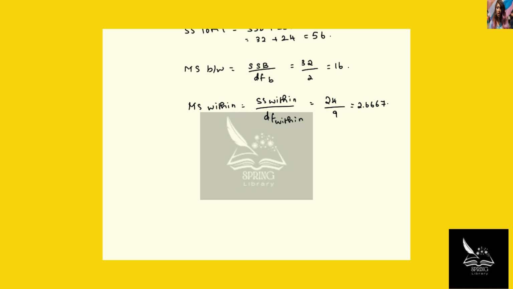And to calculate the F ratio, which is equal to MS between divided by MS within, substituting the values, 16 divided by 2.6667, we get 6. And also the p-value for this test is